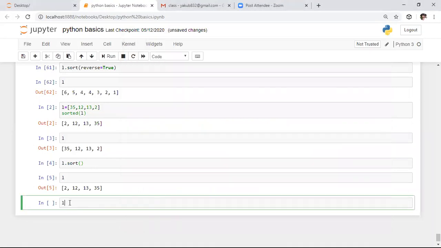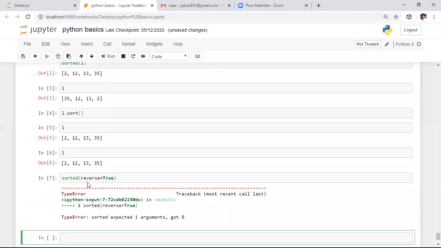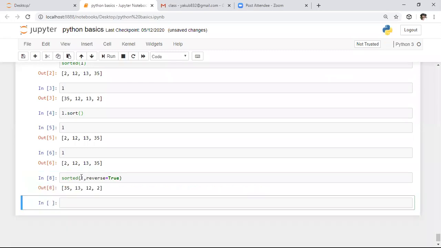So in the list, we have this as an output. And remember, in the sorted function also we can use reverse. Reverse equals True means if you want to sort in descending order by using the sorted function, you can do this also. Here we did not specify the list name. So here it is sorting the list in descending order. That is about this.